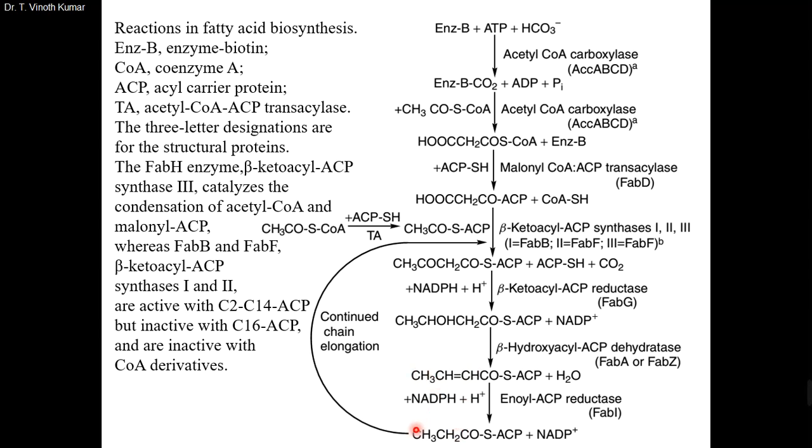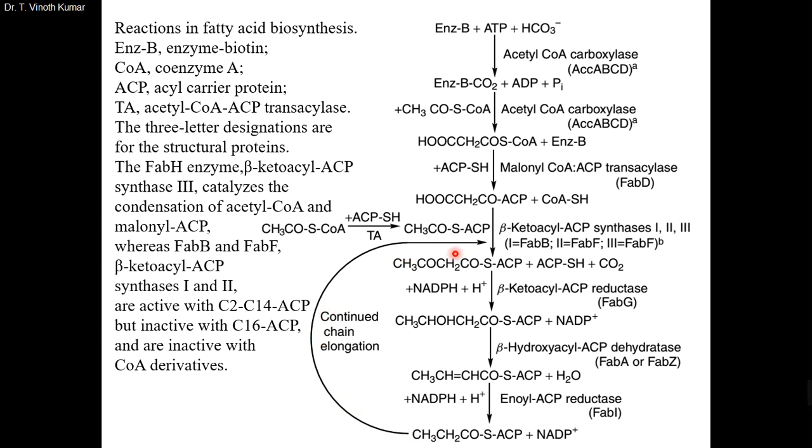So this CH3 is CH3, and addition of one hydrogen from this one to this one, that is CH2, and this CH again converted to CH2 here. So this CH2 you have to add here, and the remaining portion is COACACP, and the remaining part is NADP. So now this is the first stage, the first cycle of the fatty acyl synthesis system, and this will continue